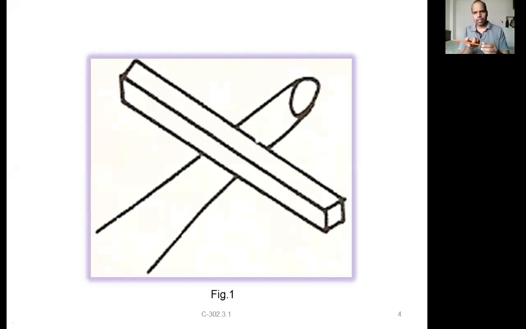Here is a pencil of uniform diameter, of course uniform size throughout its length, right? If you keep it on your finger at one side, it falls down. If you keep it at the other side, it still falls down. If you keep it somewhere at the midpoint, it will be in a stable condition, remaining in a horizontal position. Either it is tilting like this or like this, it remains horizontal, right? Your finger is at the midpoint. If you keep it on one side, it just falls down.